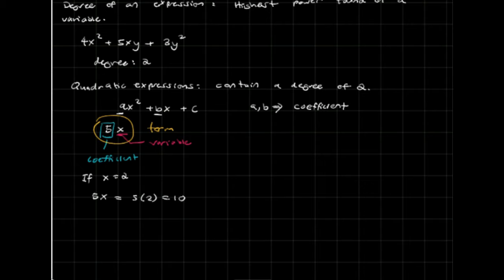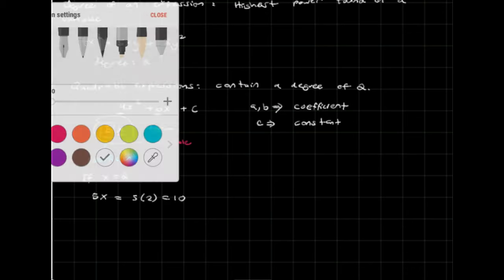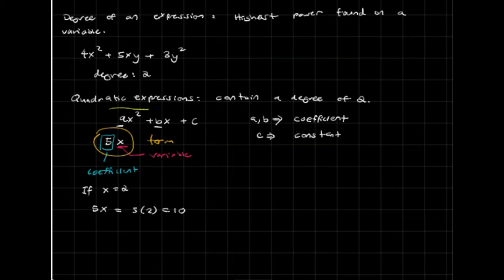Okay, so that's how coefficients really work. Basically a and b are coefficients. C is a constant because there is no variable next to it, right? So it's a constant, it's a fixed value. Okay, so we're going to be working with these quadratic expressions that will mainly look like this: ax squared plus